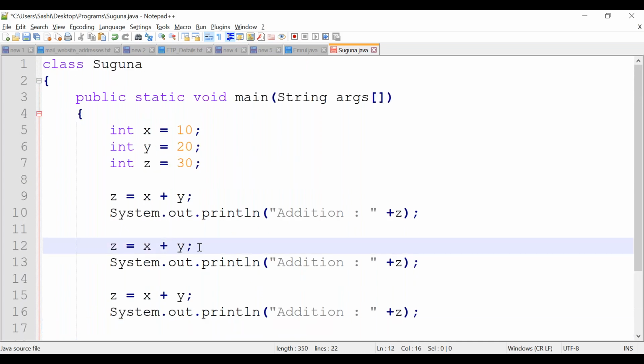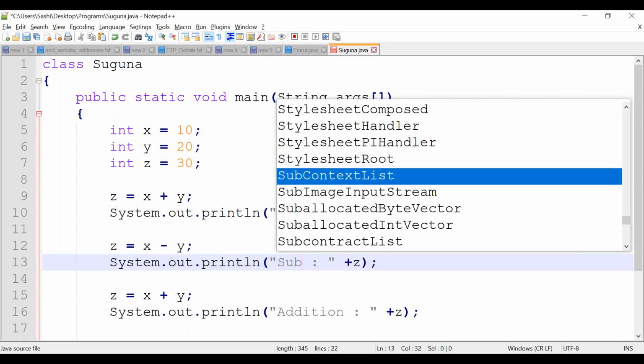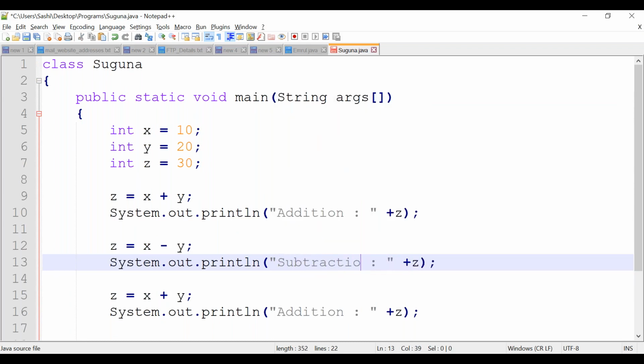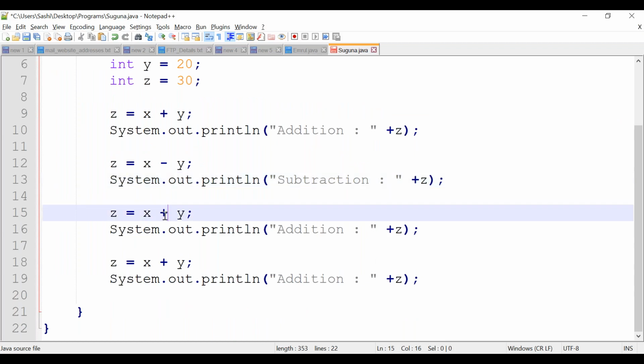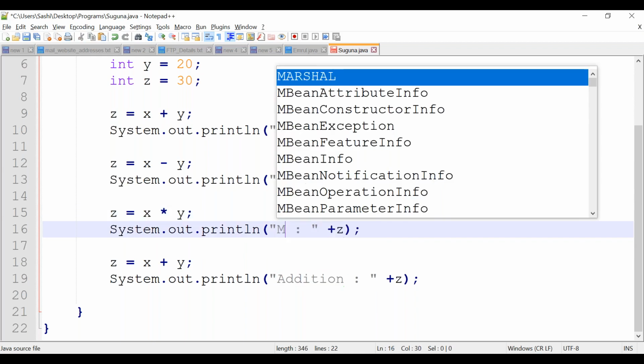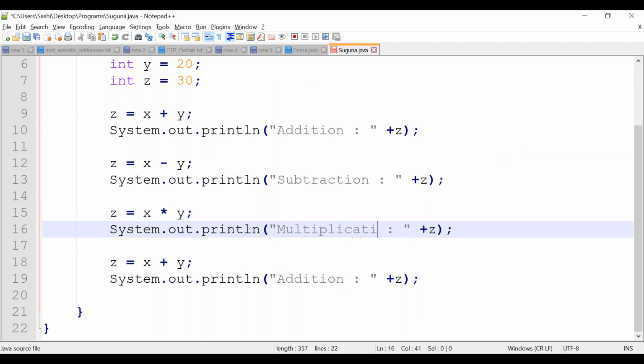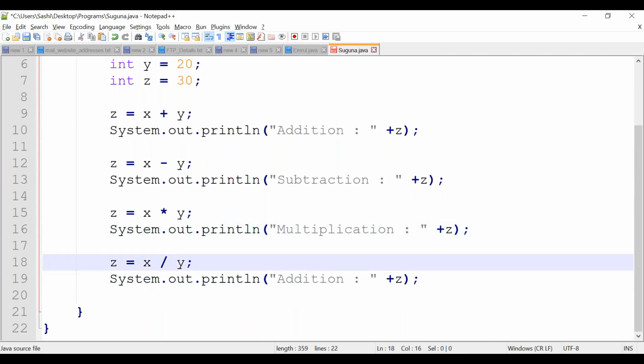See, I'm going to perform subtraction here. Then I'm going to perform multiplication. Multiplication you can mention using star. Okay, this is multiplication. Then if I want to perform division, again I can go with division. Consider I'm going with y divided by x.